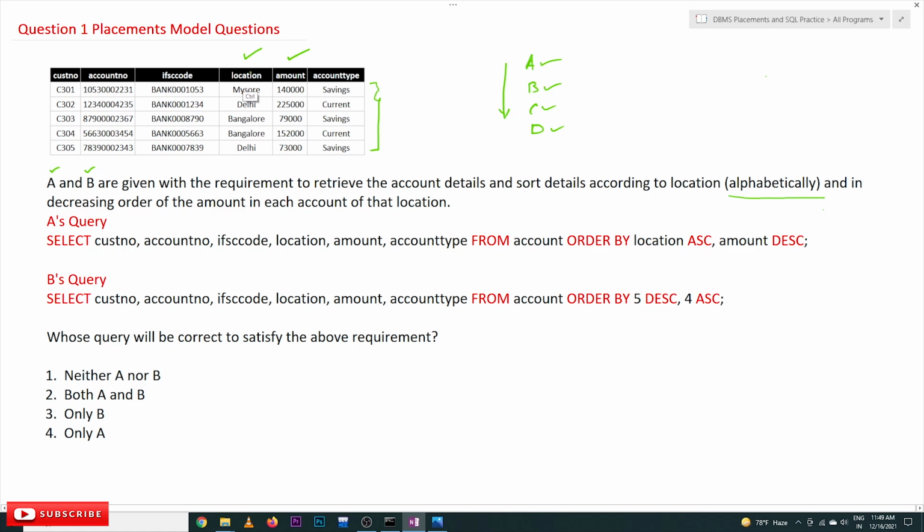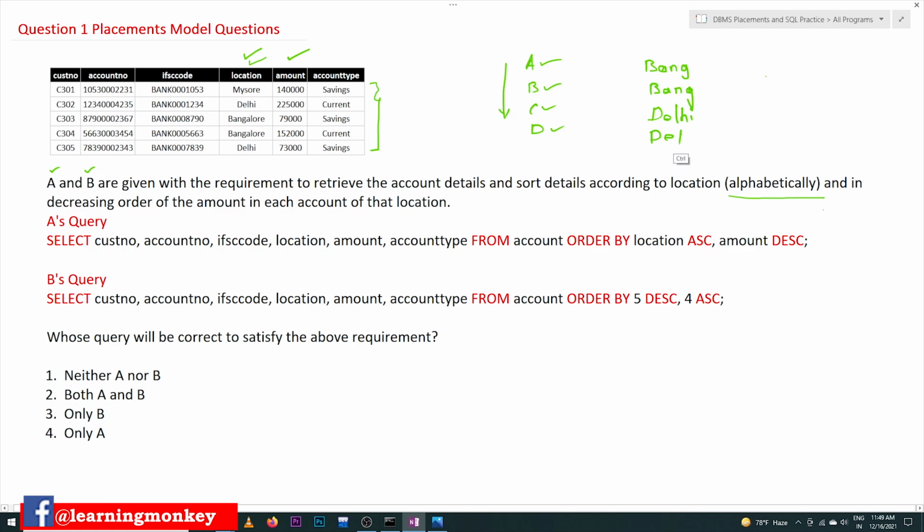So first, the preference has to be given to location, and within those values of the location, the amounts are to be displayed in the decreasing order. So first Bangalore will get displayed. Two accounts in Bangalore are there, and after that Delhi.